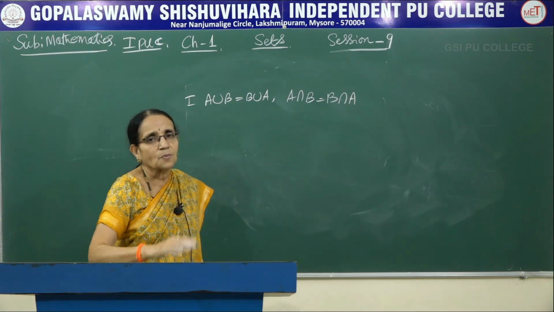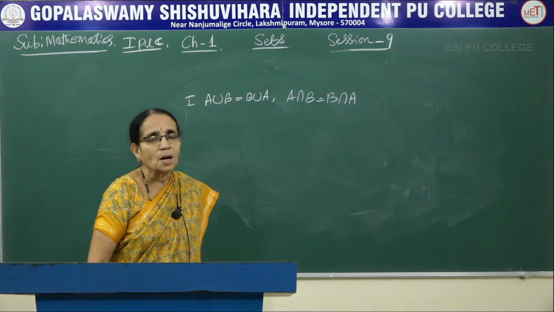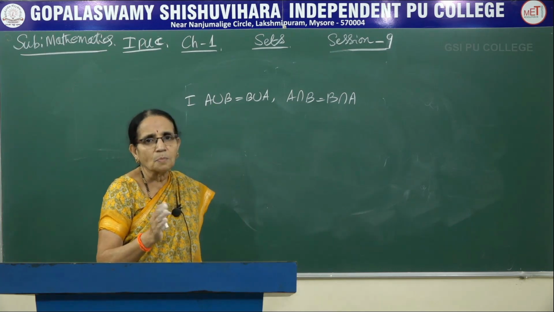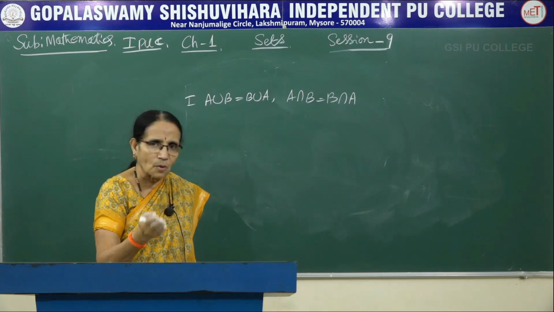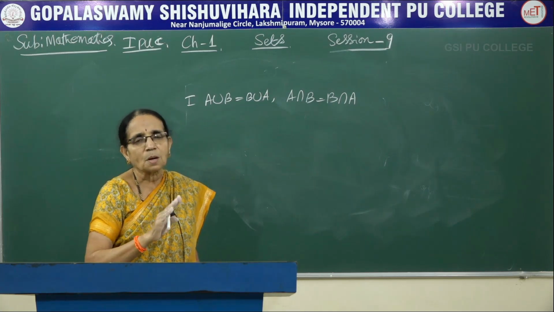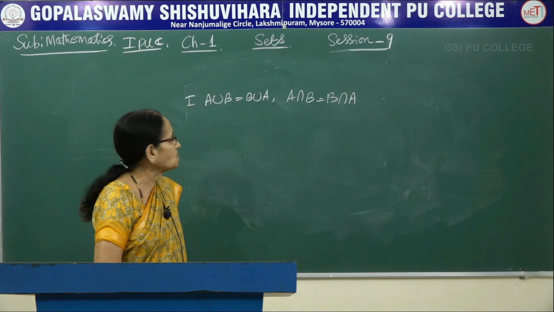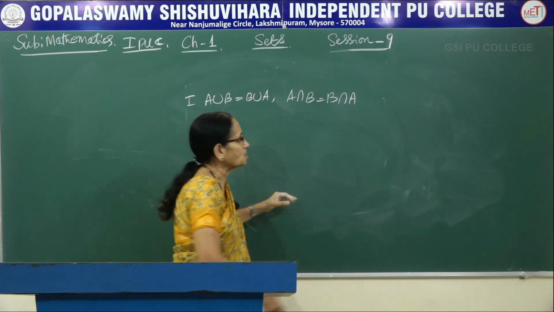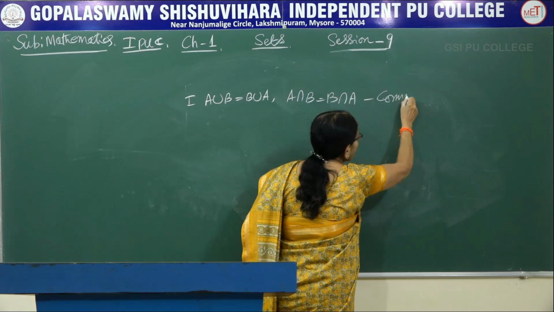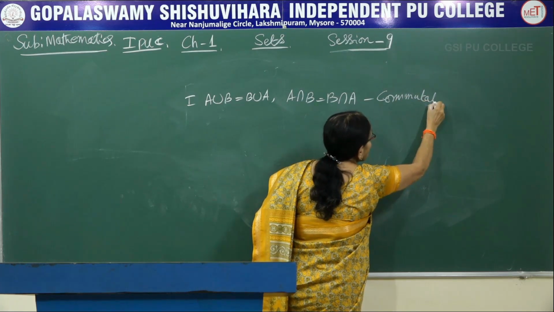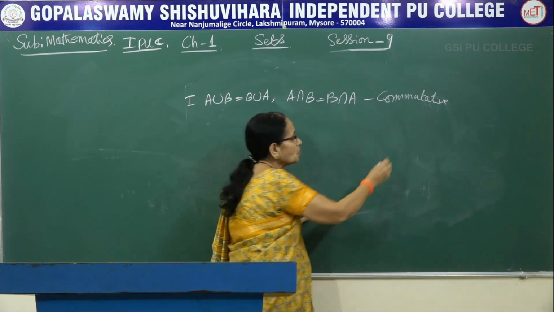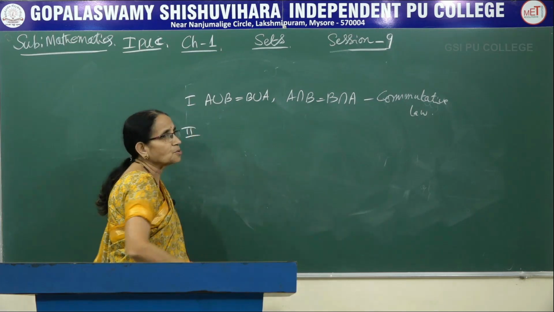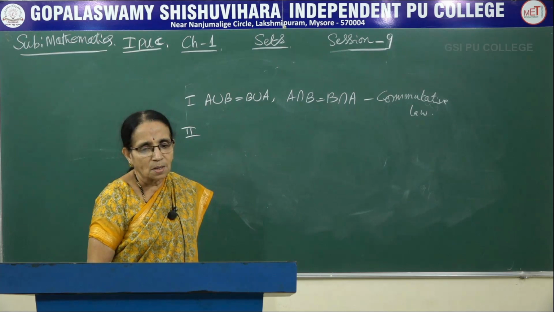In addition, it is usually taught in the lower classes: A plus B equal to B plus A. That means when two numbers are added in whatever order, the sum would be the same. When two numbers are multiplied in whatever order, the product is the same. Similarly, A union B or B union A, they are equal. Similarly for intersection. We call it the commutative law, or the commutative property. That is, in whatever order you consider, they would be the same. You can take the set A to B or B to A. This is the first one.